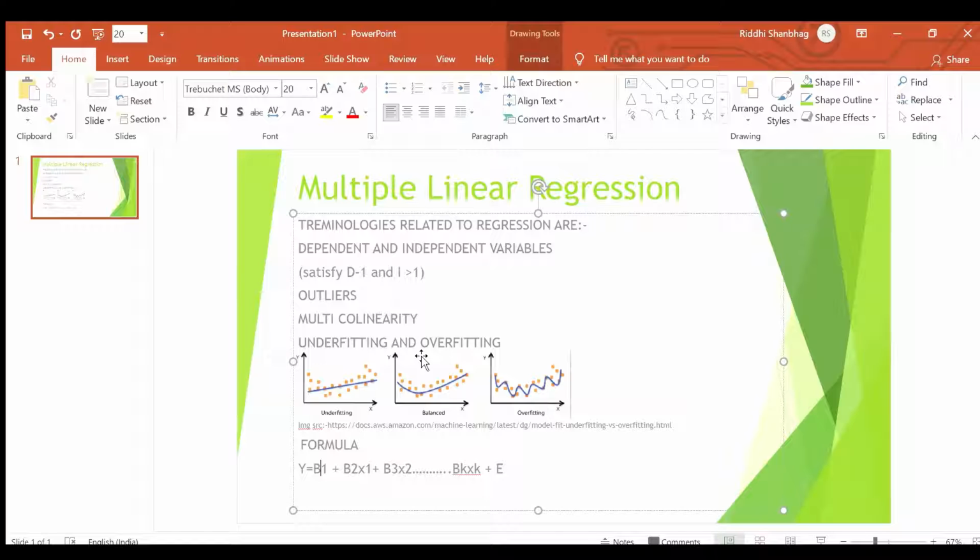So the fourth terminology is underfitting and overfitting. In our model, underfitting of the training data is when the model performs poorly on training data, and overfitting is when we can see that the model performs well on the training data but does not perform well on the evaluation data.